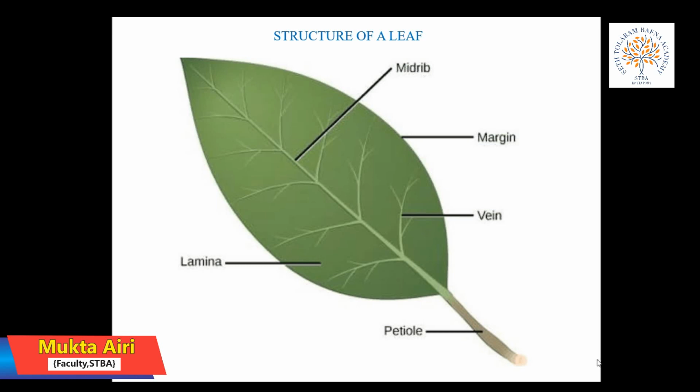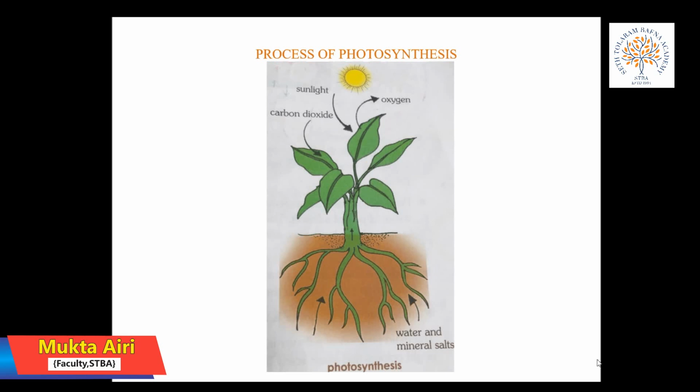A thick vein running through the middle of the leaf is called the midvein. Many small veins arising from the main vein are called side veins. The leaf has a green substance called chlorophyll. The leaf also has a central vein and other tiny veins. Water and minerals are carried through the veins. With the help of sunlight, carbon dioxide present in the air, and chlorophyll, the leaf prepares a kind of starch. This process is called photosynthesis.